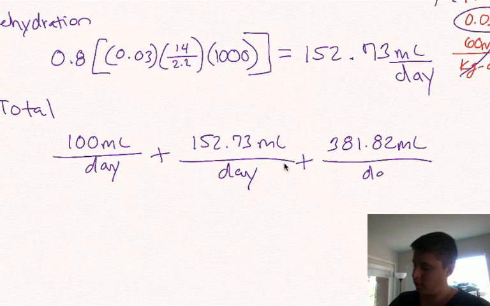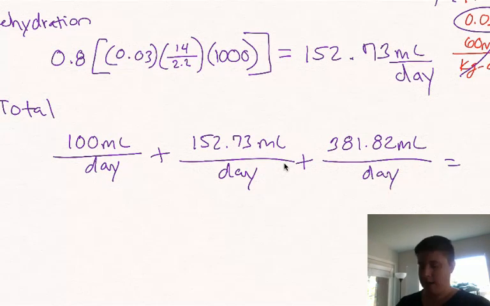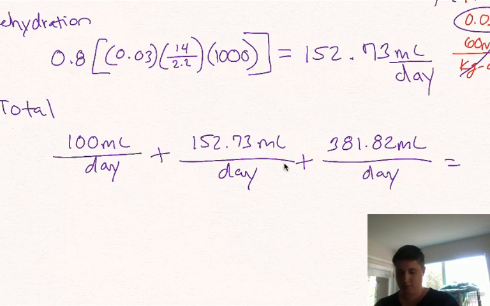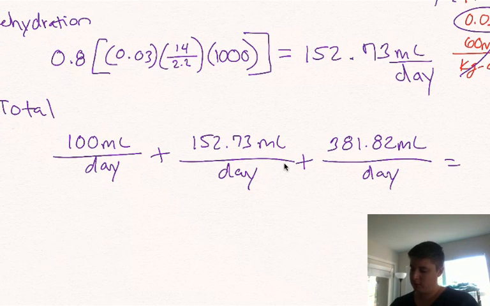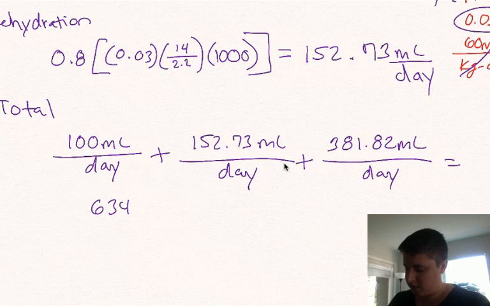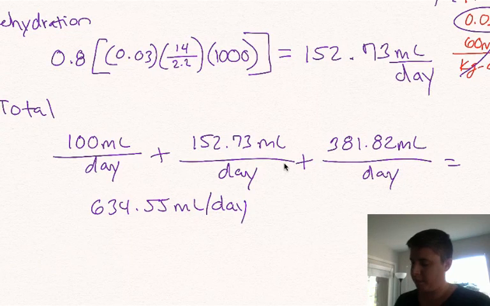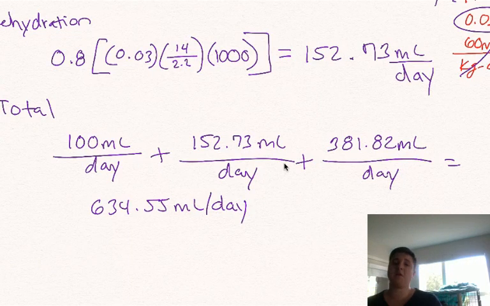Milliliters per day. Now I'll get my magic total. So 100 plus 152.73 plus 381.82. I got 634.55 milliliters per day. And again, I leave it there because I still have to get to my pump rate,